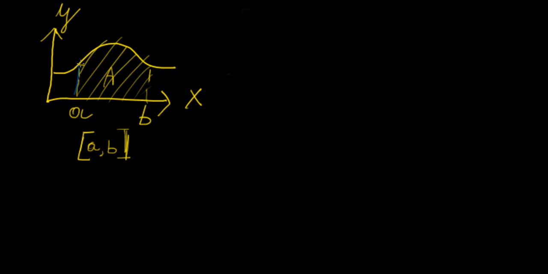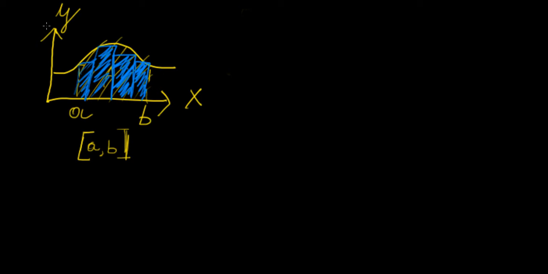So I'm just going to change the color, and I'm going to draw a few rectangles here. I'm going to draw 4 rectangles like this. So those 4 rectangles, if we add them together, then it should approximate the area. Obviously, they're not going to be exactly the area we want, but they will approximate it up to a certain